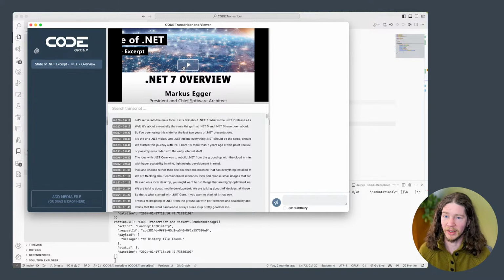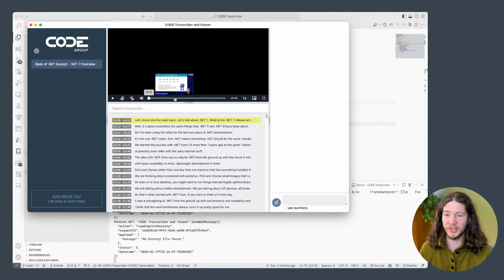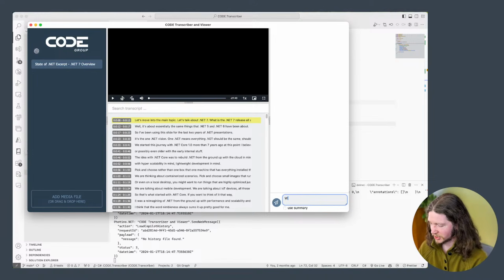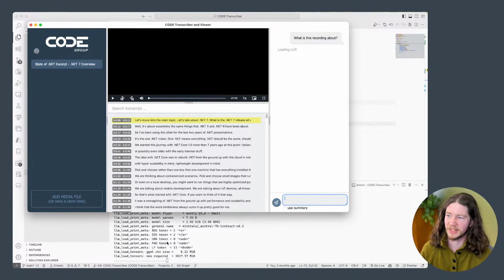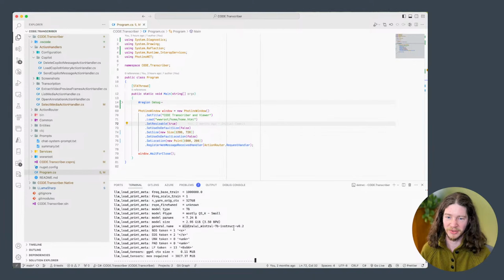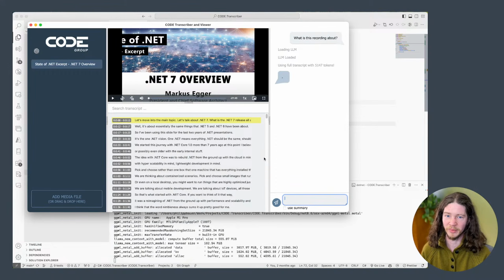So this is an .NET 7 presentation from Marcus Egger from a little while ago. You can even see here I got preview images using FFmpeg, just extracting all of that. And then we can ask a question, what is this recording about, let's say. And in the background, you can see here now that Mistral 7B instruct was loaded. And now we're doing some inference right here on the computer